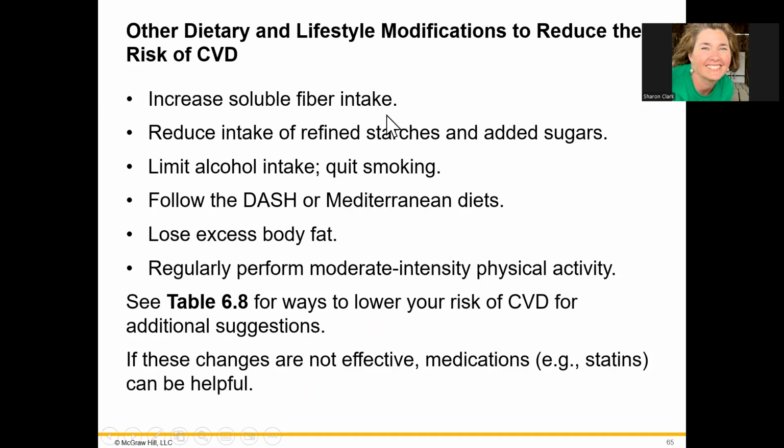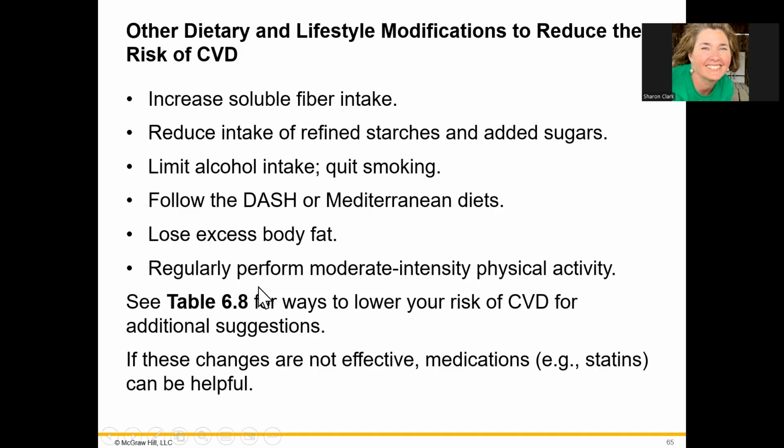We talked about carbohydrates and how reducing your added sugars and starches is so important in reducing cardiovascular risk. High blood sugar damages the arteries, damages blood vessels, just like saturated fat does. So definitely keep that in mind, as well as smoking